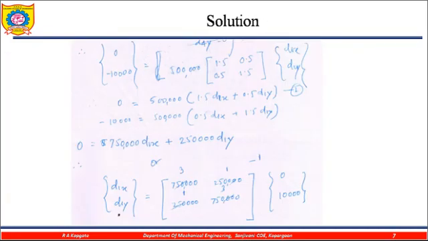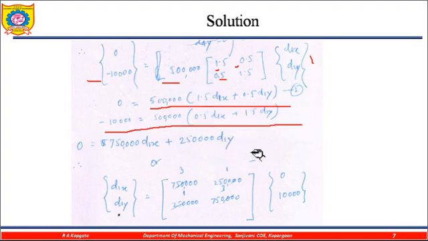So let us move on. 0 into 10,000 is equal to 5,000 multiplied by this one into d1 by dx. So 0 is equal to 0 into 500. This is my second equation. So manipulate this equation very carefully and get the solution, and you are able to find the values of d1x and d1y. So this is the problem of a truss which can be solved very easily. Thank you to all.